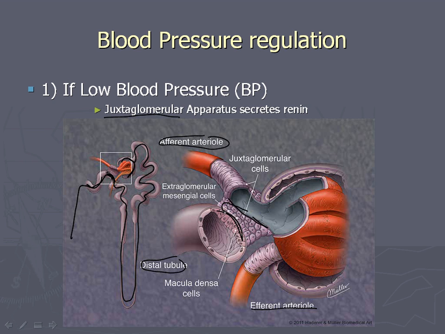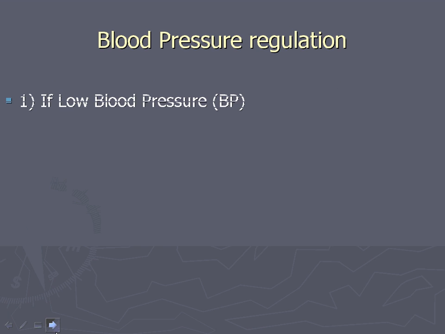So this area here secretes a certain hormone, and that hormone is called renin. And that renin has a certain impact, which we're going to talk about in a minute. So this thing here is meant to help with low blood pressure. So in your vessel, if there's really low blood pressure, this will help. So these cells here are going to secrete this renin. What happens next